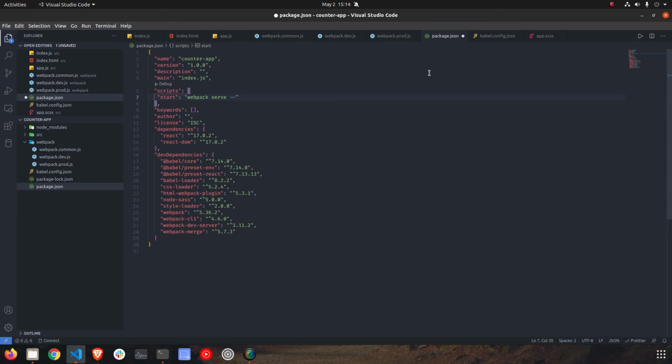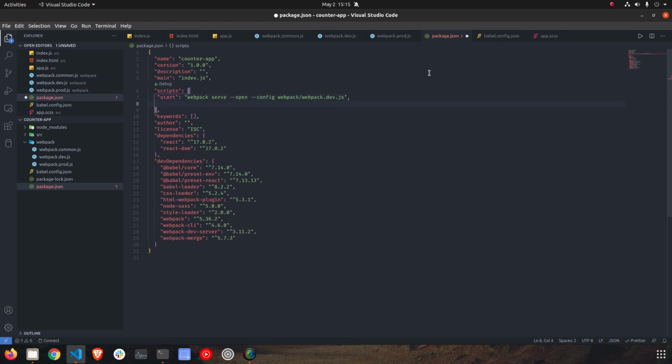So we will open our config, and inside the config we'll have webpack.dev.js,